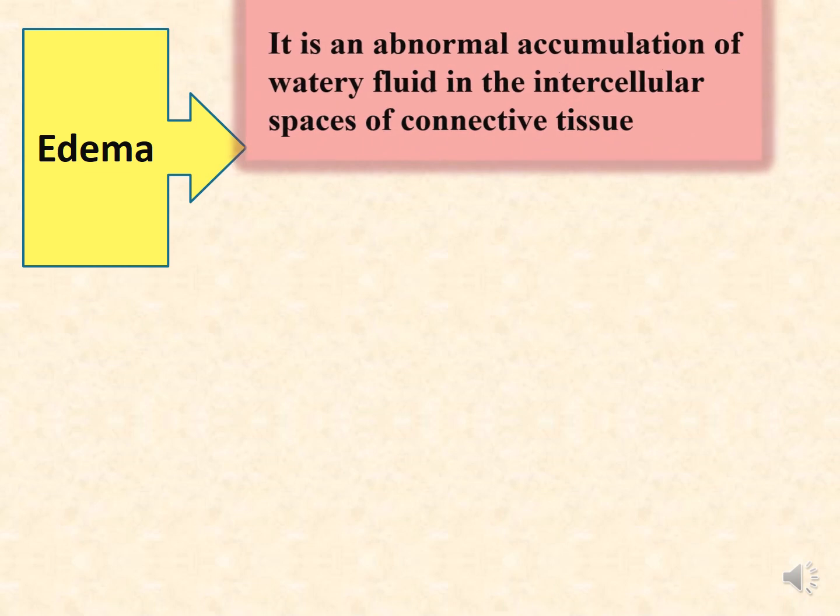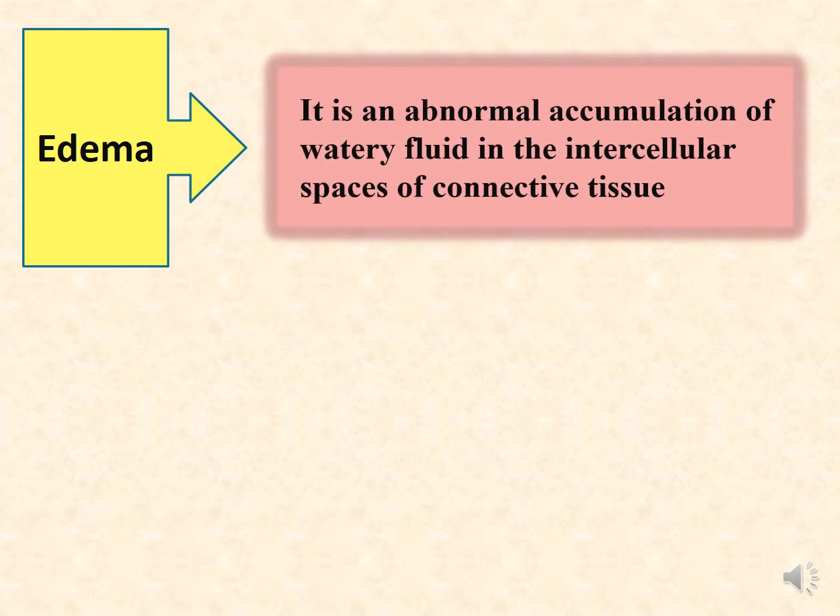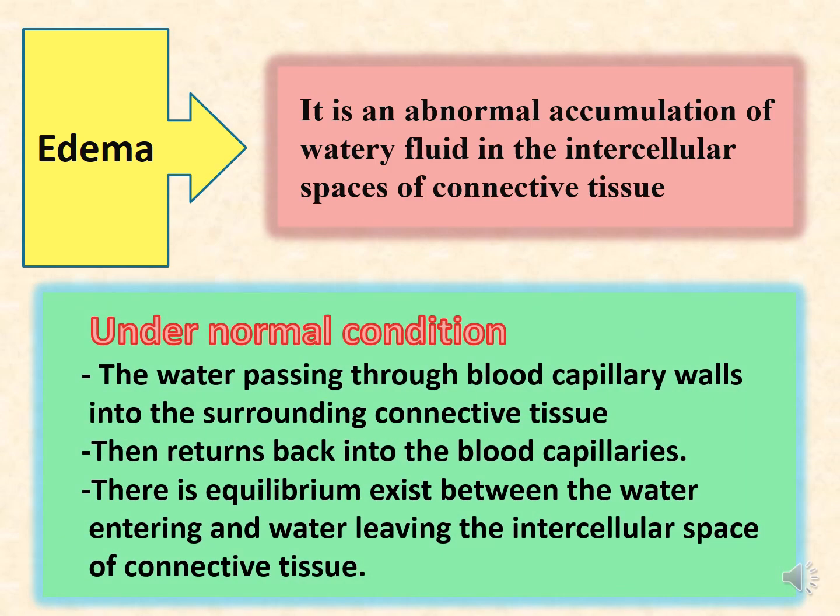Edema is defined as abnormal accumulation of water fluid in the intercellular spaces of connective tissue. إذن هي عبارة عن تجمع غير طبيعي للواتر فلويد اللي موجود بكميات جدا قليلة بالحالة الطبيعية في المسافات بين الكونكتيف tissue. Under normal conditions, the water passes through the blood capillary wall into the surrounding connective tissue, then returns back into the blood capillary. في الحالة الطبيعية الواتر اللي موجود بالبلاد إنه يعبر من خلال الوول into the surrounding connective tissue ويرجع